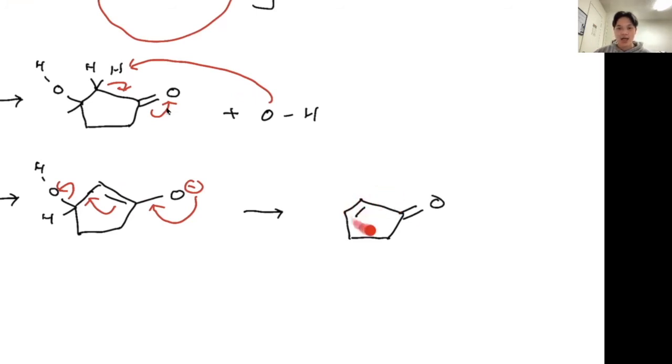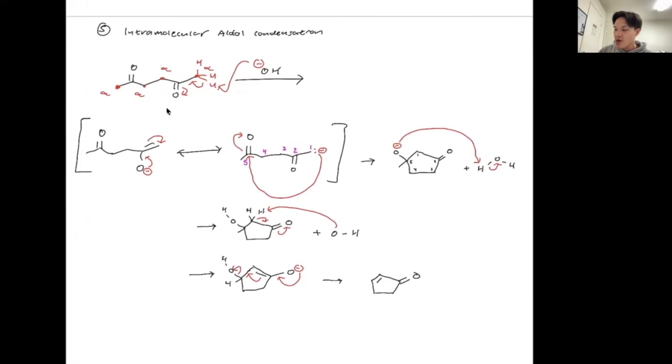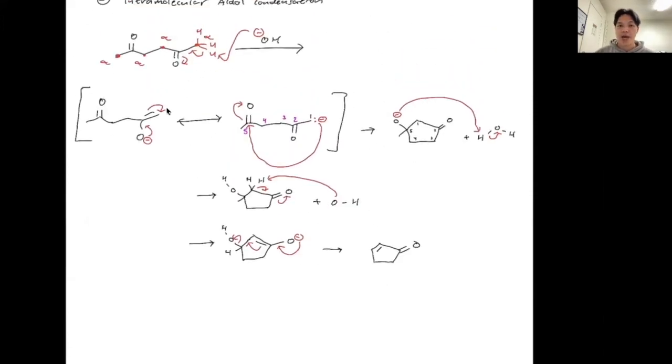alpha, beta unsaturated, right? This is one of the most difficult ones to see because it's intramolecular and you're forming a ring. But if you followed how we made this product, it's really the same steps. You're deprotonating, making an enolate, attacking a carbonyl, making that carbonyl an alcohol, and then taking another alpha carbon with acidic H's, another enolate, and then removing that OH group and making the alpha beta unsaturated carbonyl, right? So this isn't hard. It's just very repetitive and very